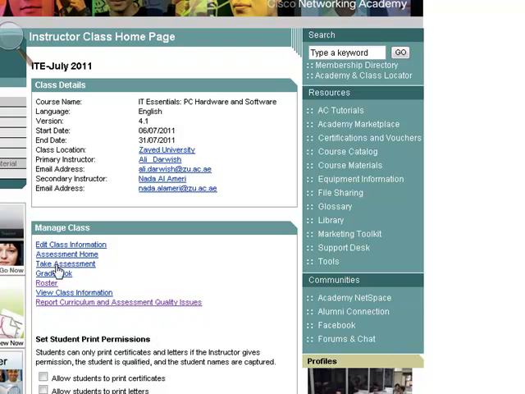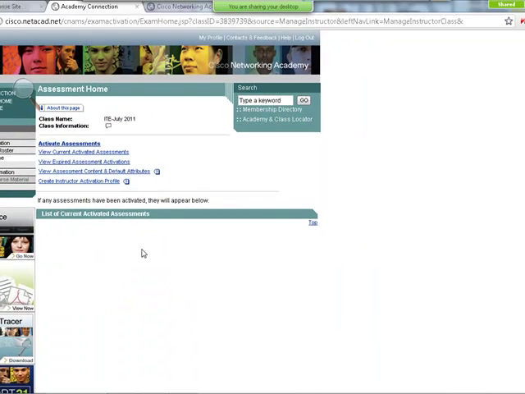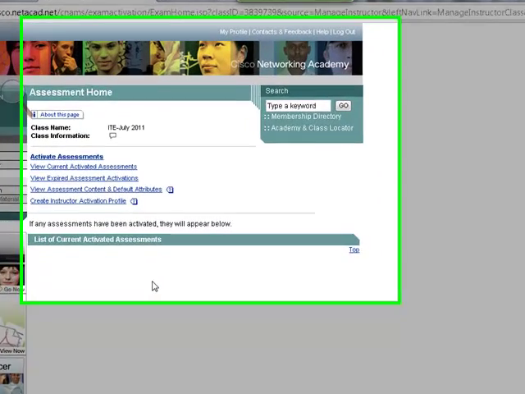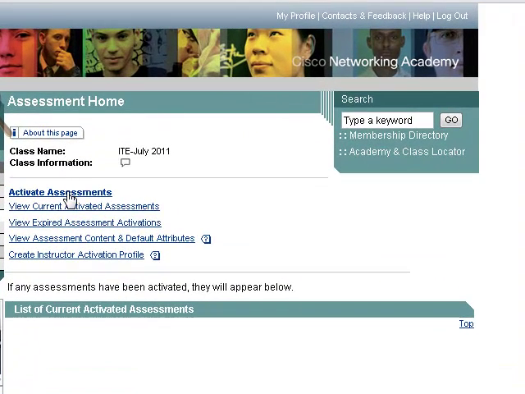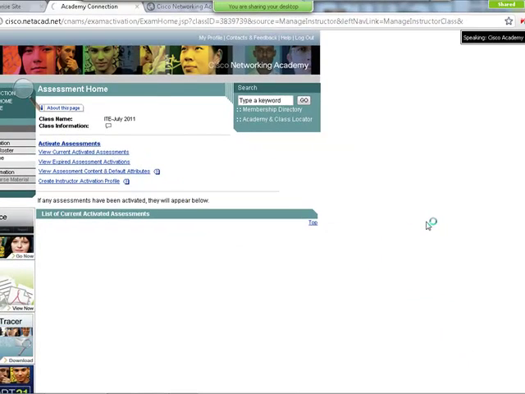Since I'm an instructor, I can see the roster, but later on, once you create your own class, you are going to see these resources. Let's go to the assessment home. Assessment home is the place where I activate the assessment for you, and you are going to access the assessment home in the future to activate your students' assessment. If I click on activate assessments,